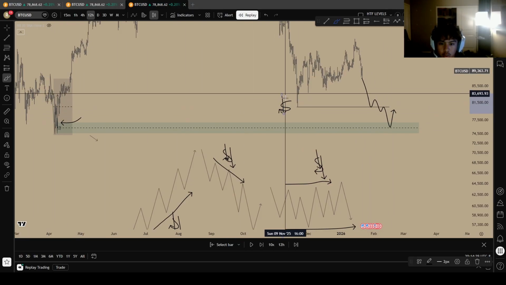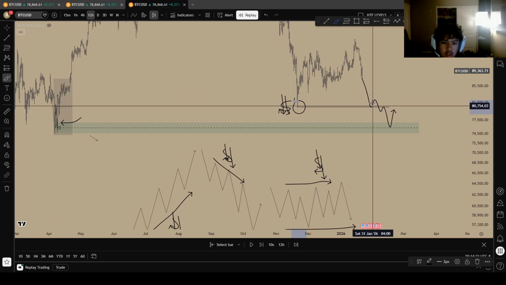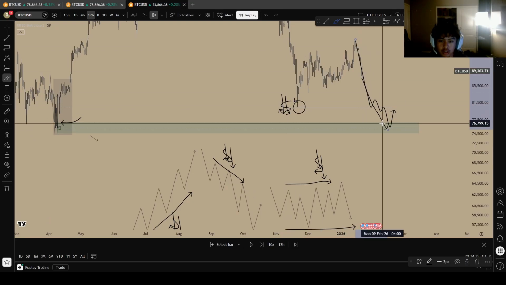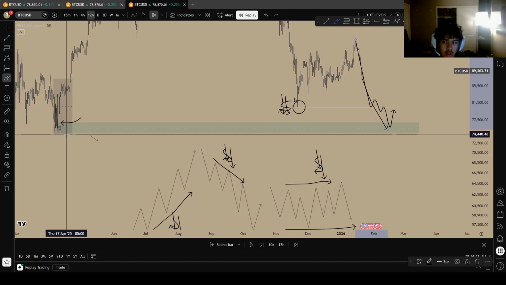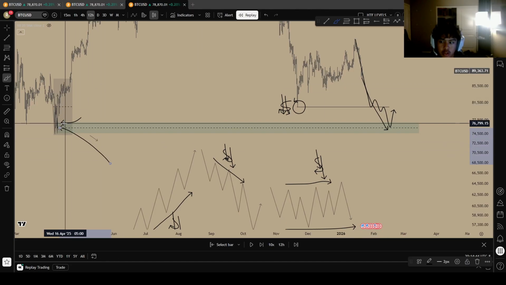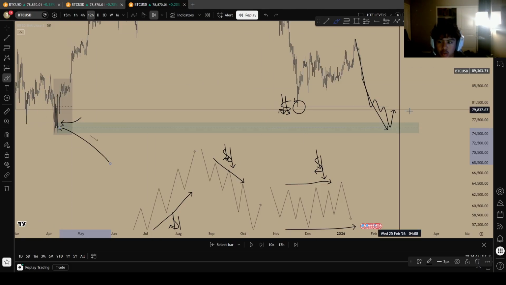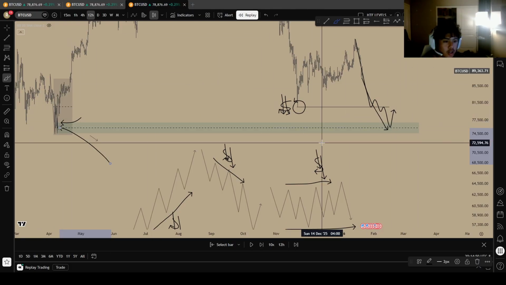And this low right here is acting as liquidity. So when we sweep this level into, so listen, we're sweeping this level into a demand zone, an area of liquidity, an area where a lot of buyers are at, and a lot of buyers were previously. And this is where stop losses are also placed, because people don't want to lose money. So this zone right here, the reason why on Discord I said this is a crucial level to hold is because this is a macro level, so demand zone. This is where a lot of stop losses and buyers are at,